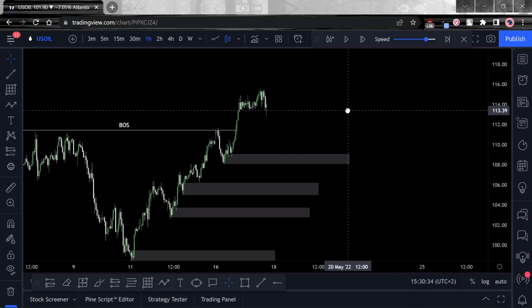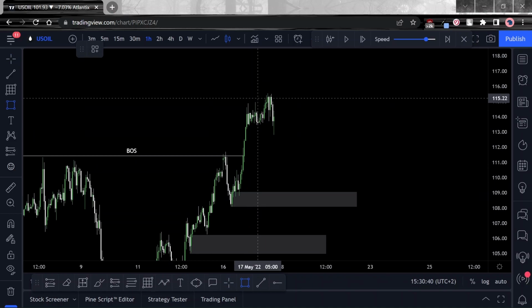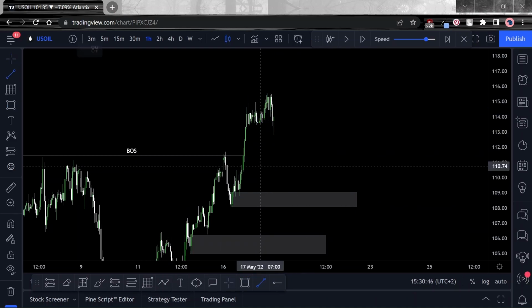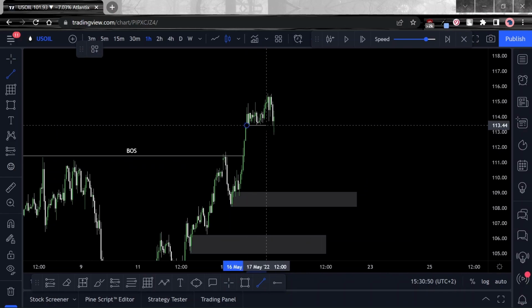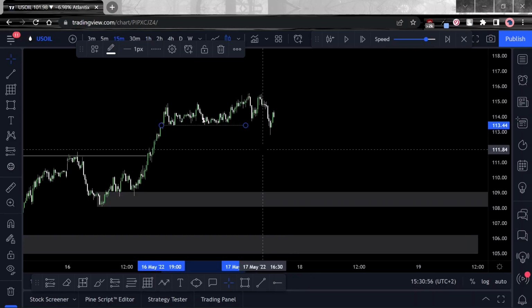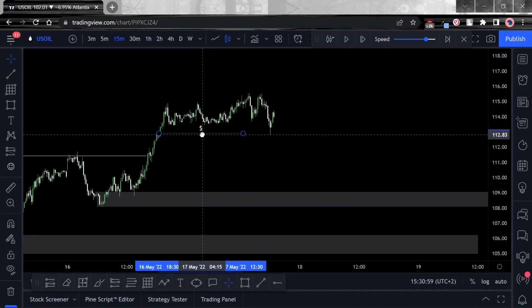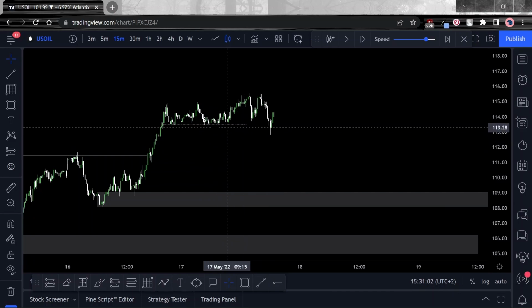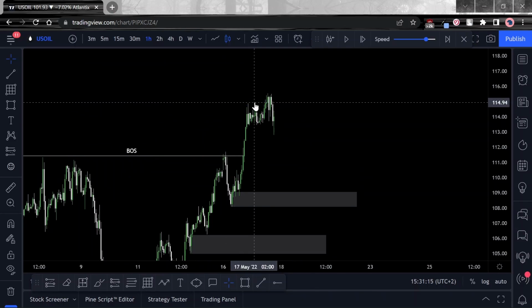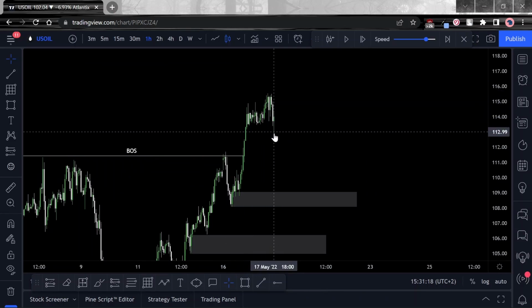Okay, so over here now, we can already see that there is a possible change of character, and you may ask me why. So we're at this trading range over here where price was moving sideways, right? And when price was moving sideways, you can see that we had a buildup of liquidity over here, right? Let's just go to the 15-minute time frame for me to illustrate that. So we had a buildup of liquidity right here, because we had relatively equal lows, and then price giving us relatively equal highs at this point and this point. Then liquidity was fetched, but what we then see is price then decided to move lower very, very impulsively